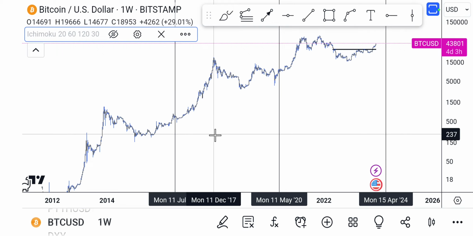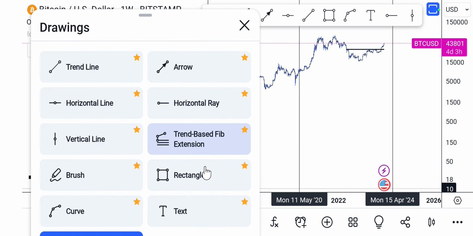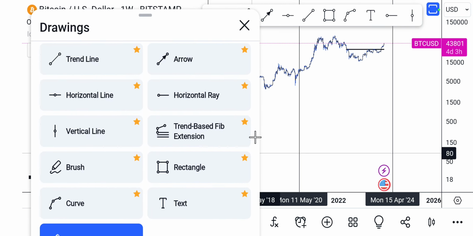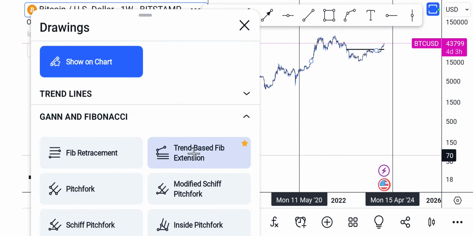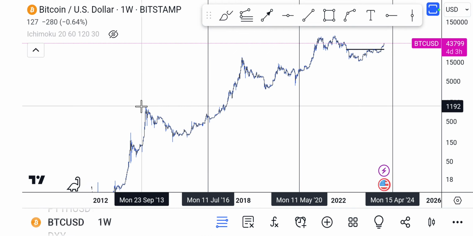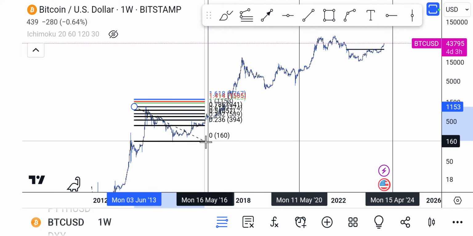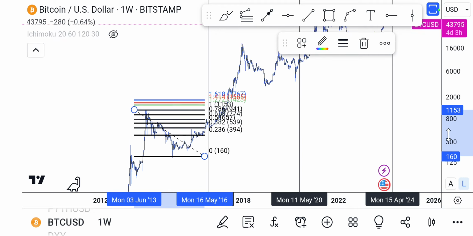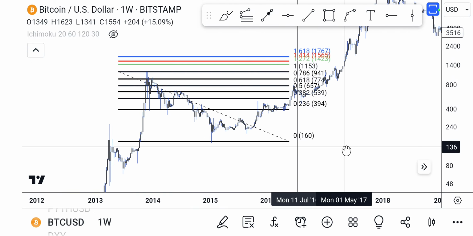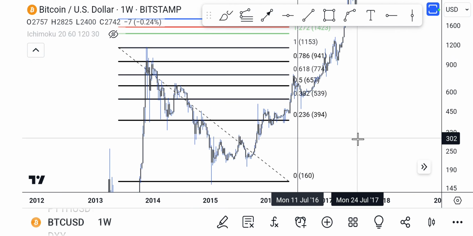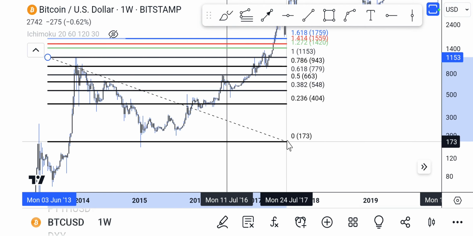the second halving. Okay, so let's take our fib. Let me see. So we're going to take this, not the extension, we'll take the fib. So we'll take this from this high and we'll drag it to this low. So let me expand this so that you guys can see what I'm talking about here. So from this high to this low